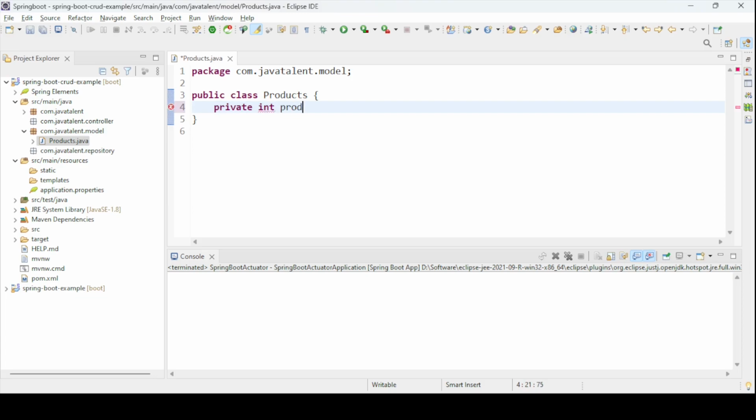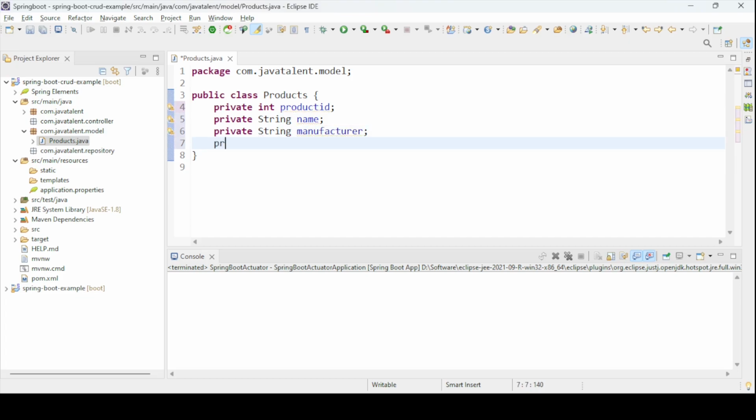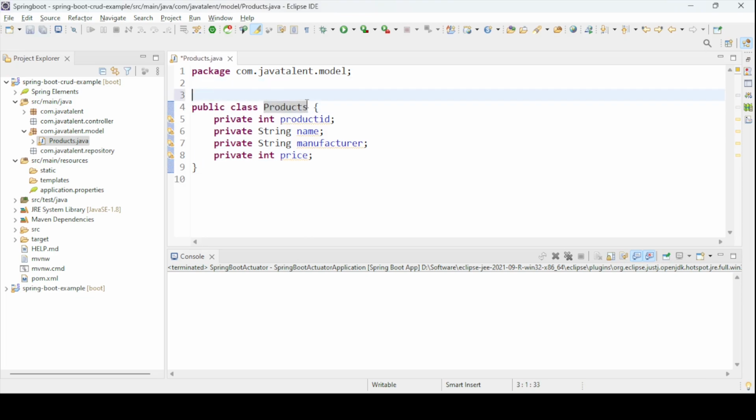Private int productId, private String name of the product, private String manufacturer, and then price. Private int price of the product. So I'm just going to use this model class as our entity class to map with